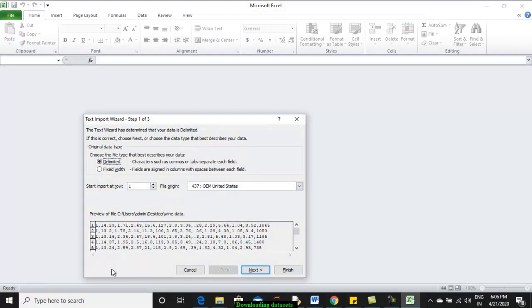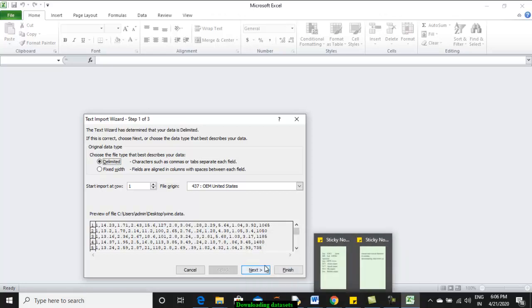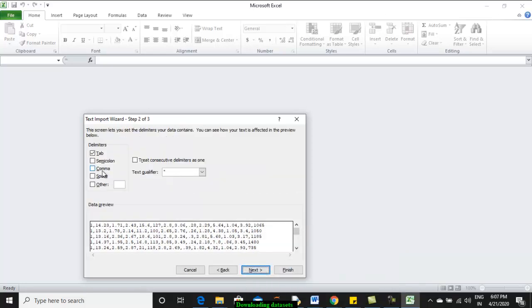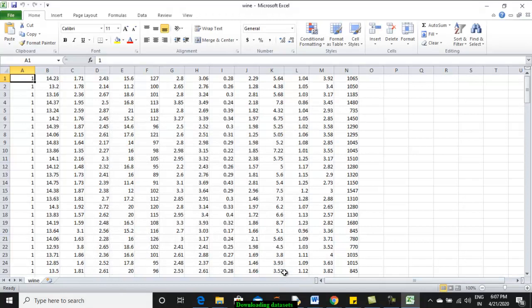The file will look like this, a sequence of values separated by commas. Now our duty is to separate it into columns. So click on next. It will ask you on what basis the data needs to be separated. We know that it's comma, so you can check this at this point itself. All the columns will get segregated. Go to next, click on finish. You can see the data set of this kind.